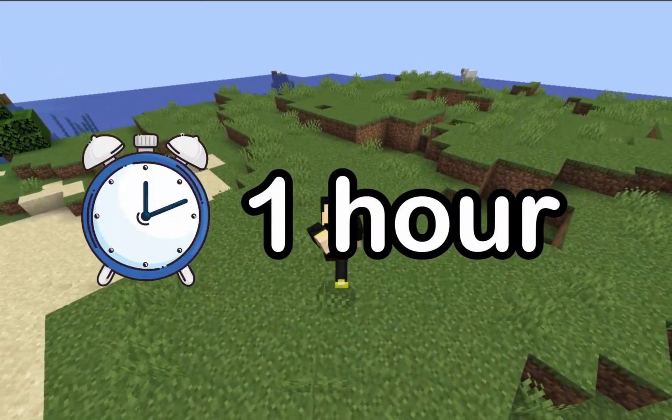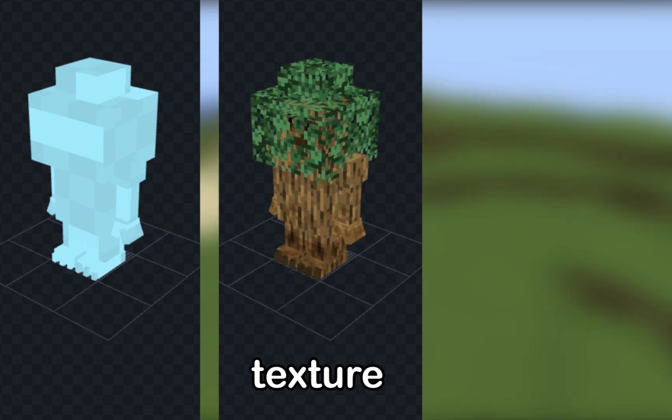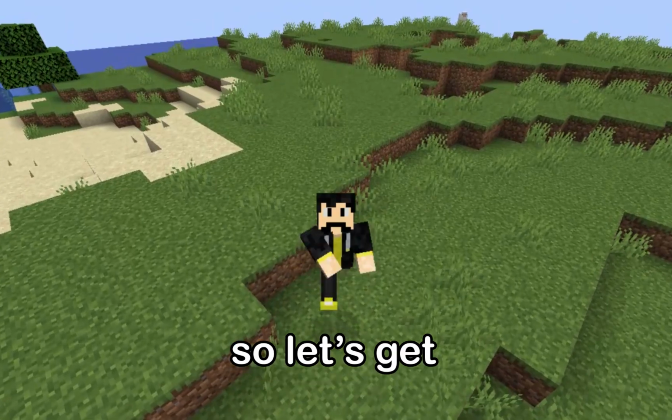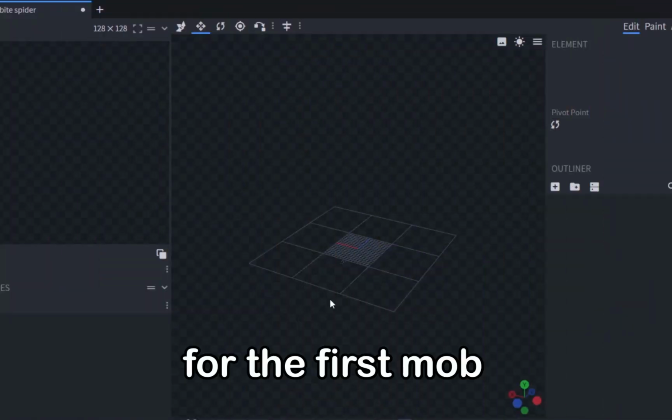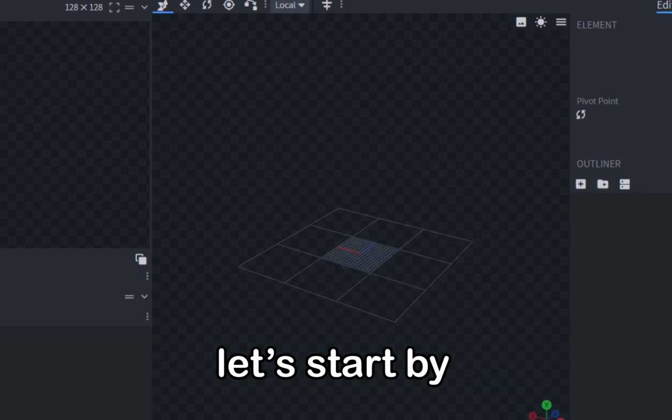Today I only have 1 hour to add a new mob to Minecraft, which includes making the model, texture and animation in only 1 hour. So let's get right into it. For the first mob, I want to add some sort of spider for a snowy biome, so let's start by making